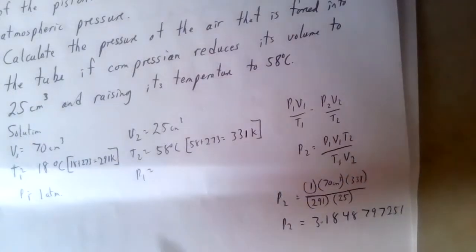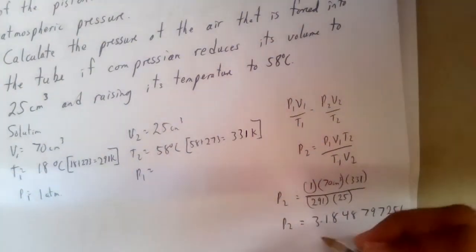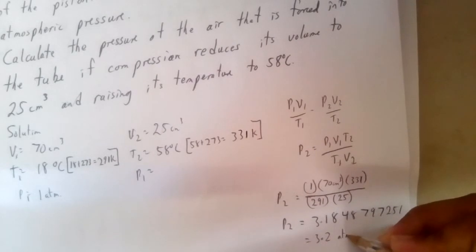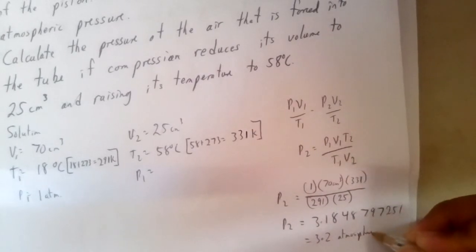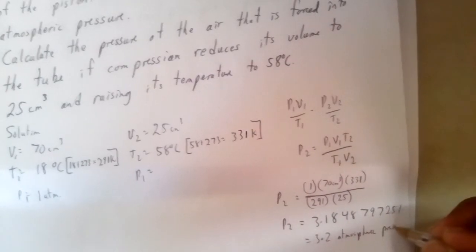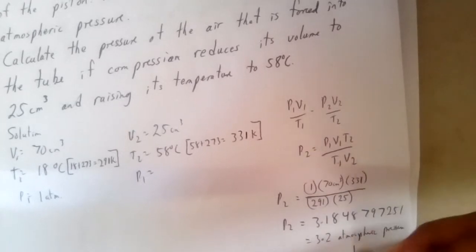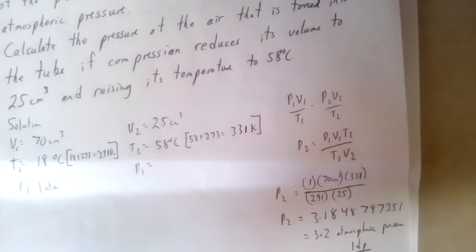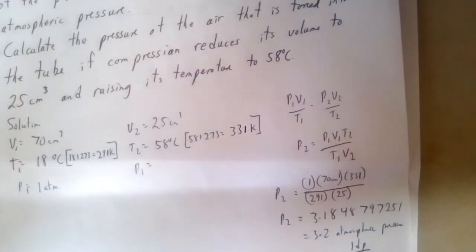Now, because we are working with whole numbers, my advice is to round it to 1 decimal point. So this becomes 3.2 atmospheric pressure, and you put here 1 dp. You need to state how many decimal points you are rounding the answer to. Okay,